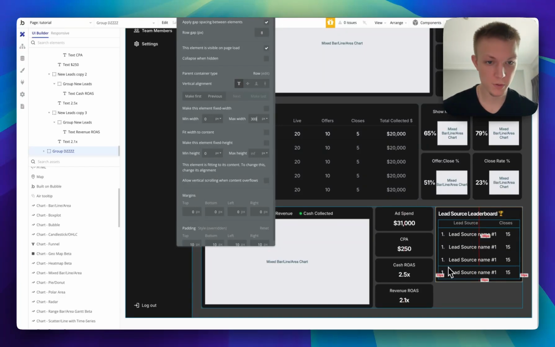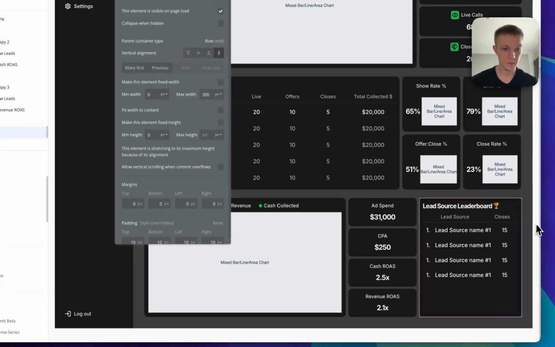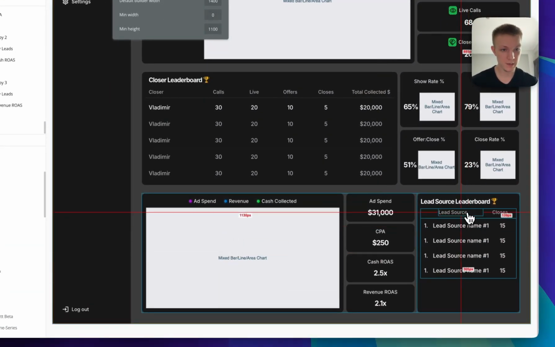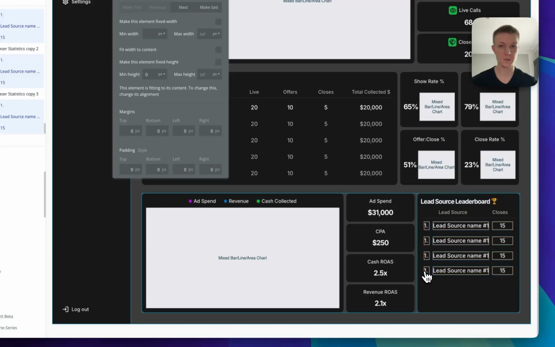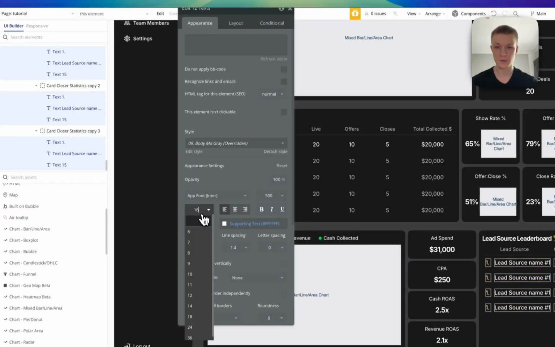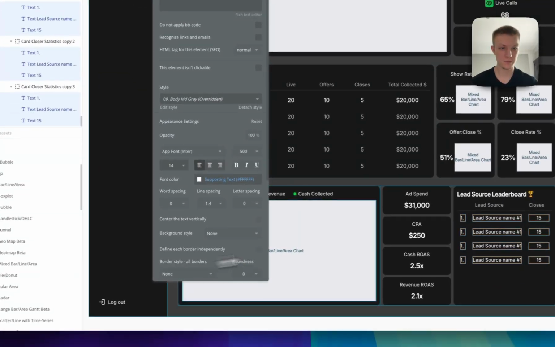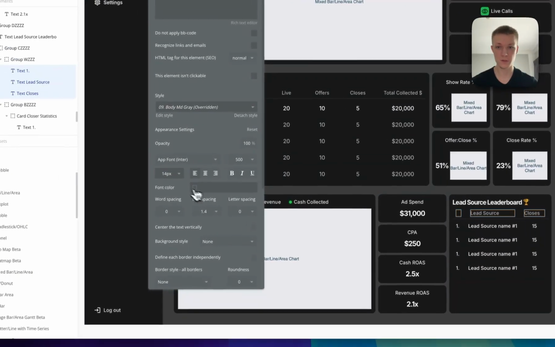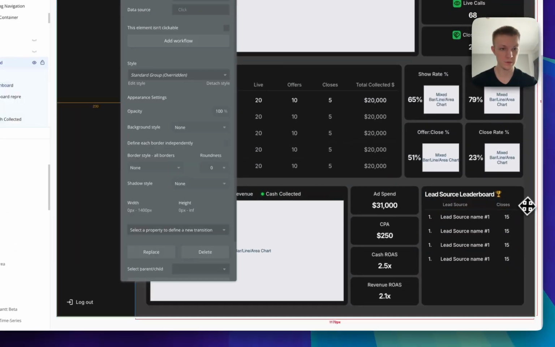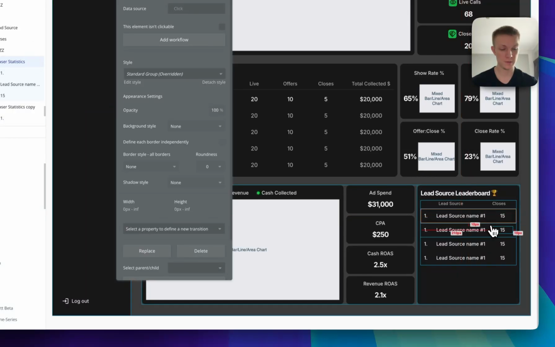Right? And now you have to play with it, like, how do you want to see it? So this is too big, for example. This is too big. Let's make this 14. This should be 12. Same thing here, 12. And